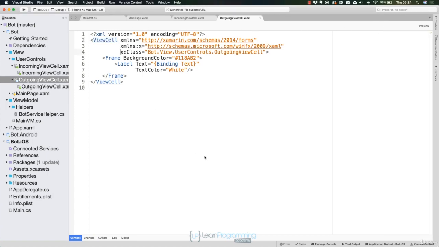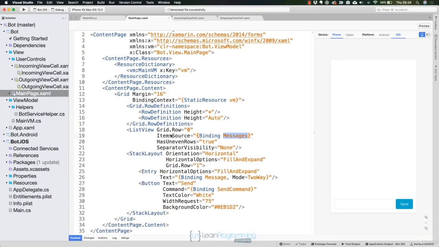And in the main page, we already have this list view that has an item source already binding. We are already setting that it has uneven rows, that it has no separator. It really is only missing the item template, but the item template cannot be what we have been used to or what we have done